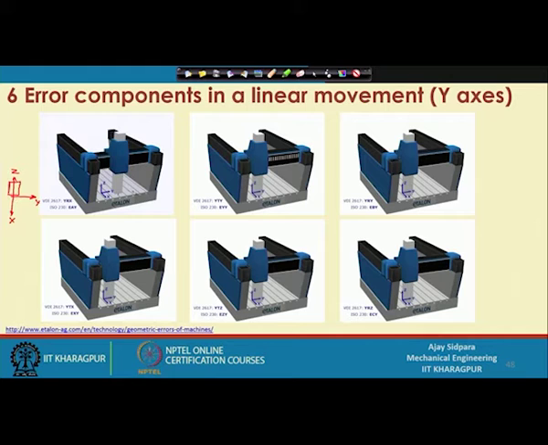So, now when it is moving, it is actually swinging in this direction, correct. So, that swinging direction is actually the x direction where it is taking the center of that x axis and then it is moving. So, that is why it is written the error in y axis, but rotation around the x axis. So, y r x.